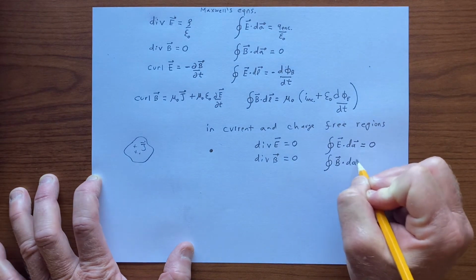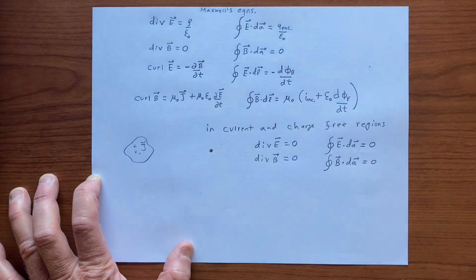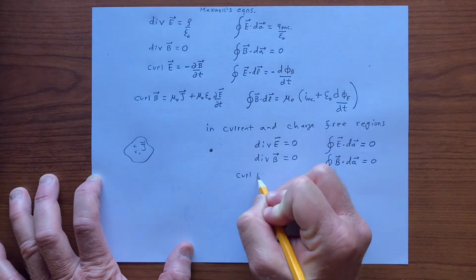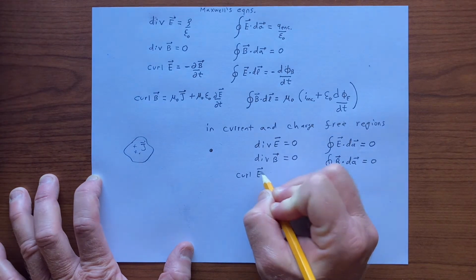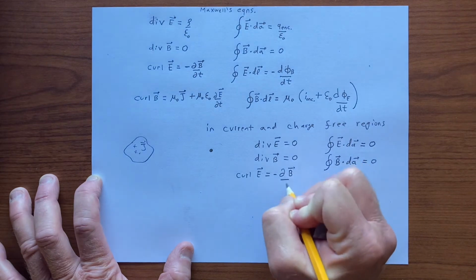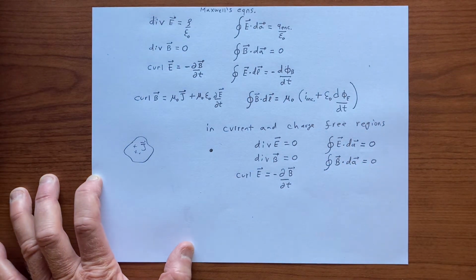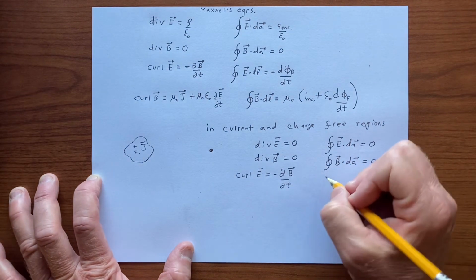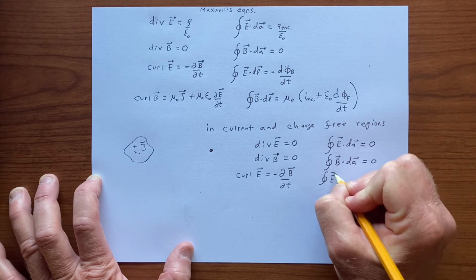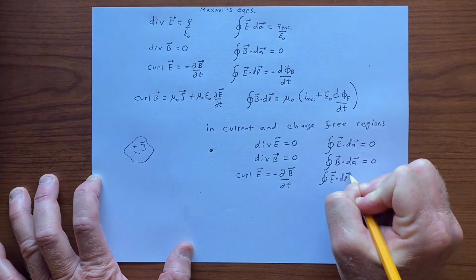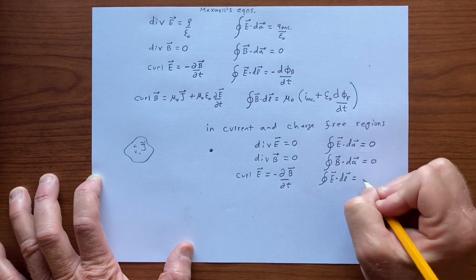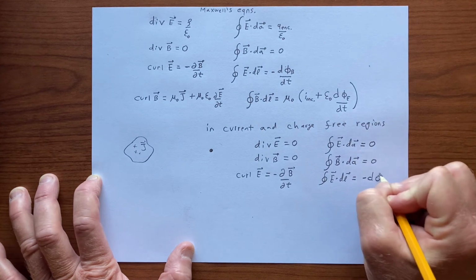Gauss's law for magnetism doesn't change. The curl of the electric field looks like that, and that's unchanged. The integral version of this is also unchanged,